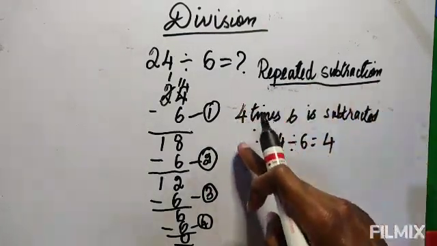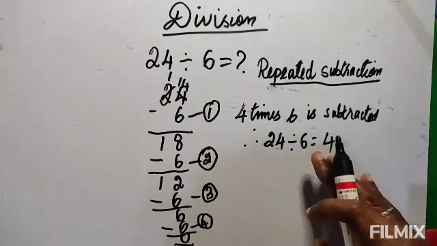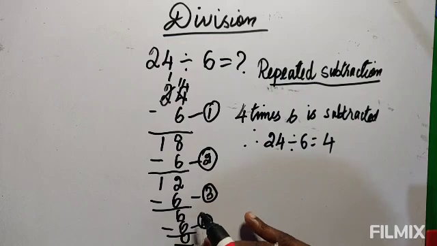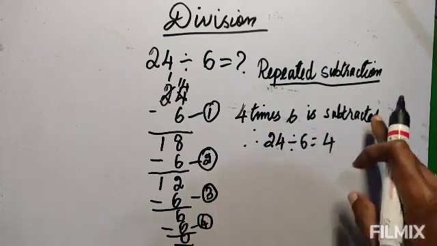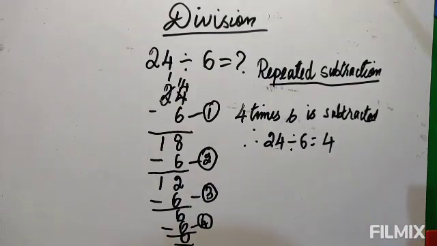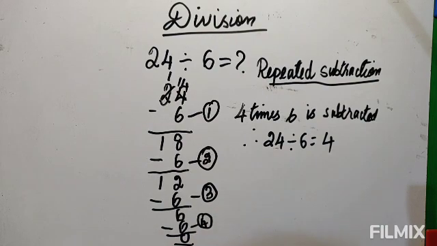So taking and writing the answer is important. This is the way you perfectly complete the answer. When you complete only with this, the answer is not fully completed. When you take and write the answer, then only the answer is completed. Okay, so this is how to find the answer using repeated subtraction. You can use this method when it is asked in the exercise.